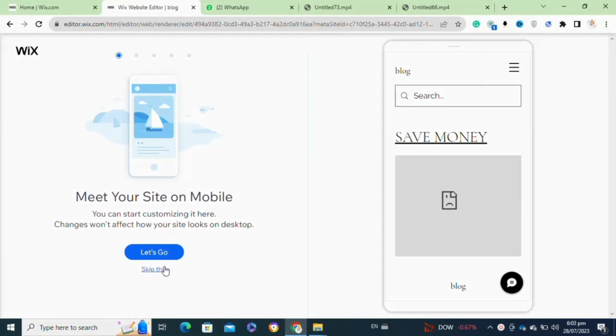So here's how to fit your Wix website to all screens. It's actually quite easy to do, so make sure you watch to the end and don't skip any important steps. For this, first you will need to log into your Wix account, and after that you have to go to